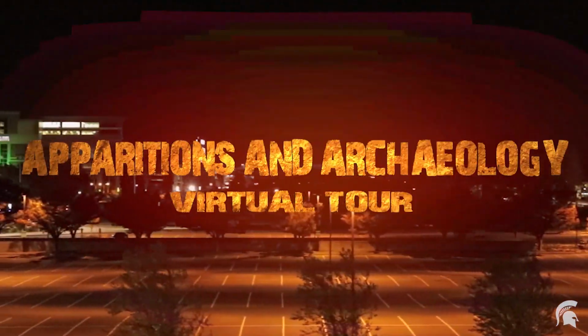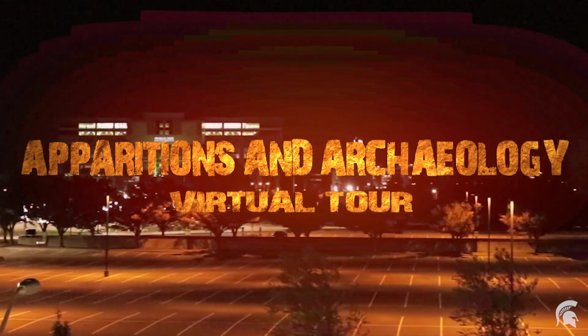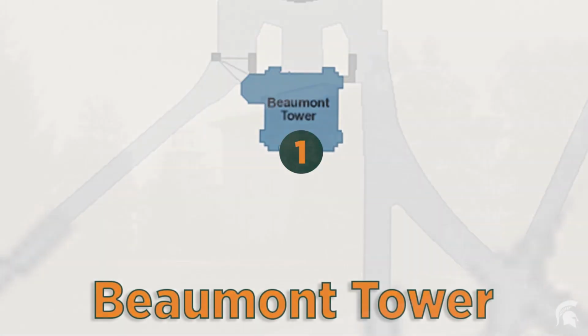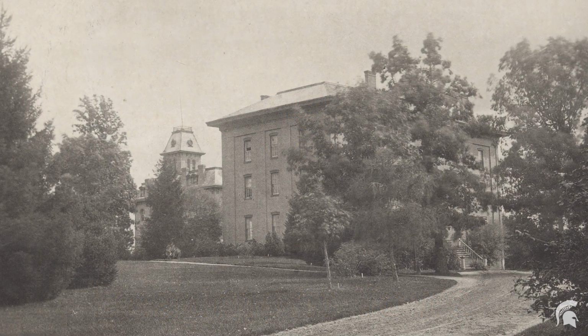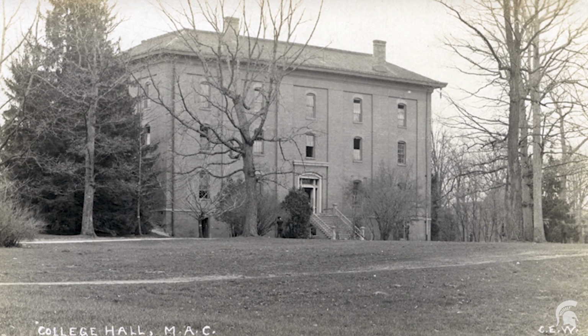Welcome to the Apparitions in Archaeology tour. This central area of campus has a long and storied history. We start our tour at the location of the first building on campus, College Hall. It was erected in 1856 and was the first structure in America that was dedicated to the instruction of scientific